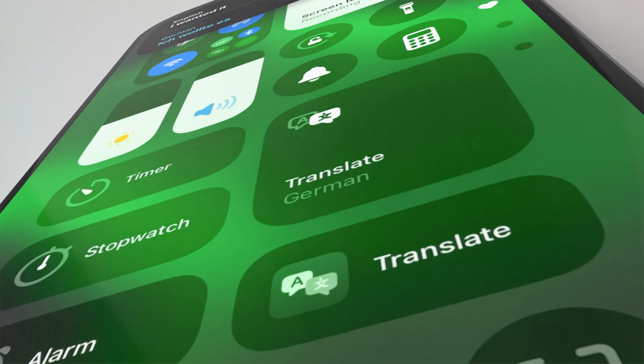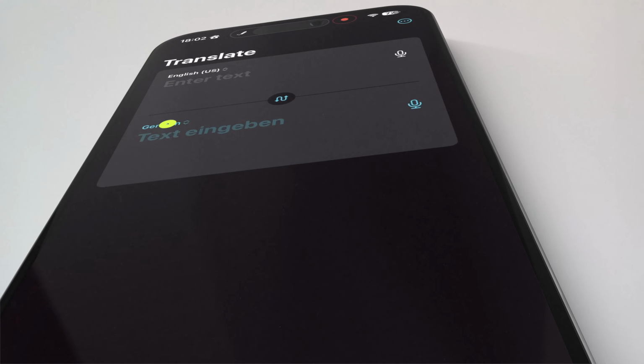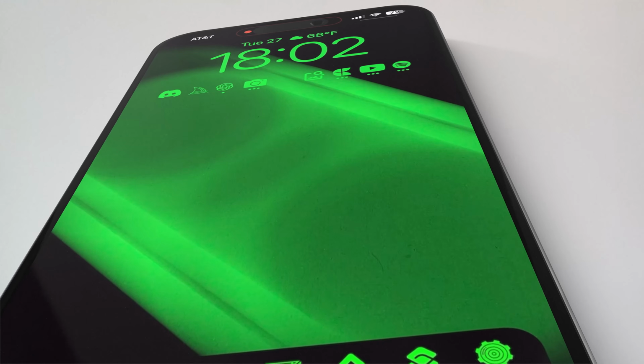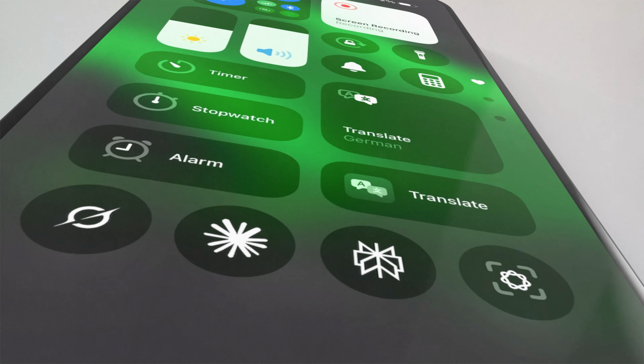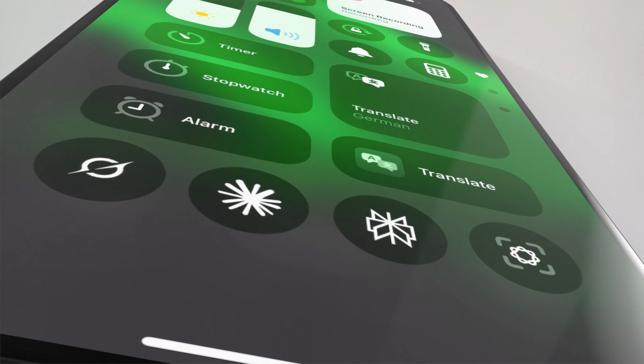So instead, I created this smaller button underneath that will take me directly to the Translate app, where there I can switch my language from German to Japanese or whatever else. And at the very bottom of this page, I've lined up all my other AI tools like Grok, Claude, Perplexity, and Visual Intelligence. We're going to come back to my page 2 in a second, but let me show you